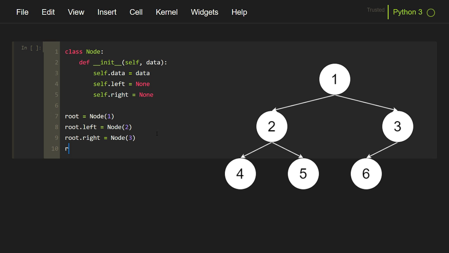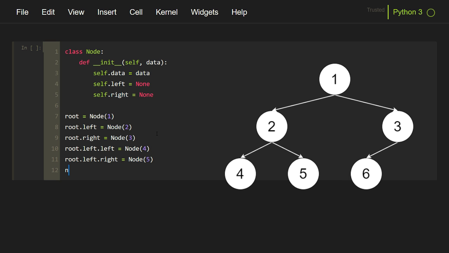Now we can consider the children of the node 2. So node 2 is root.left. So node 2's left child is node 4. Again root.left is node 2 and its right child is node 5. Now there is only one child for node 3.